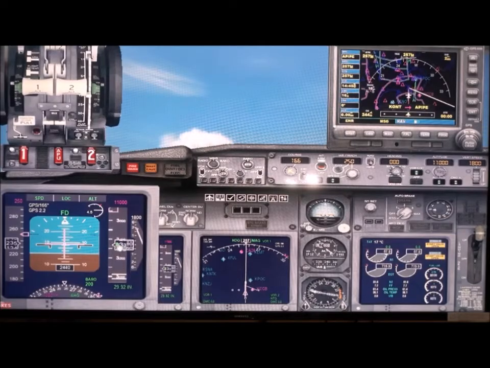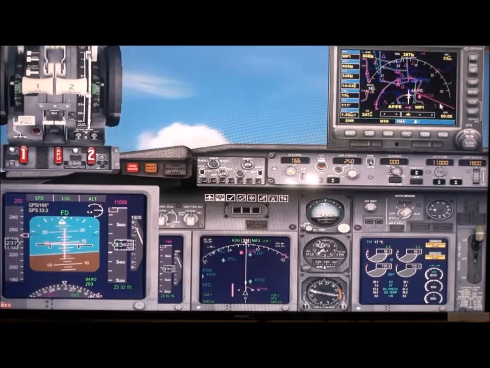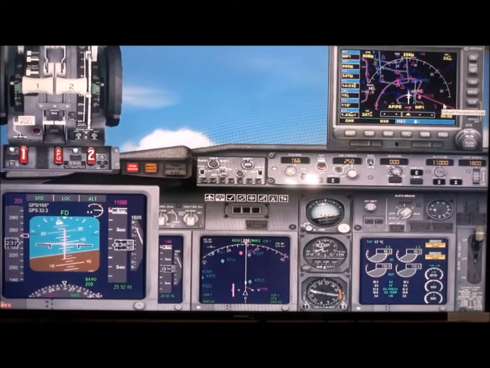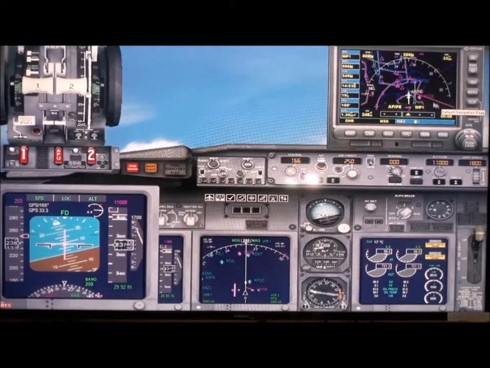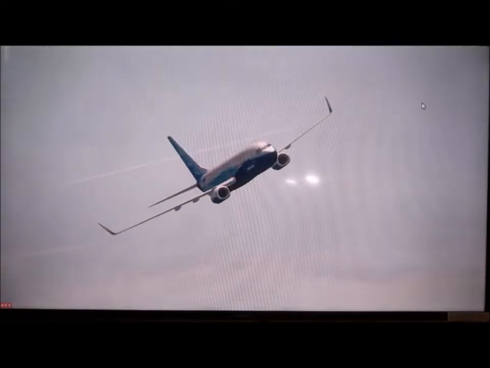And the altitude is climbing, 3,000. It has to climb up to 11,000 before the mountains. So it will take a turn here. Now you can see it has become magenta here. This line has become magenta. That means this will be active. The plane will turn by itself now. See, the plane is turning to the right.